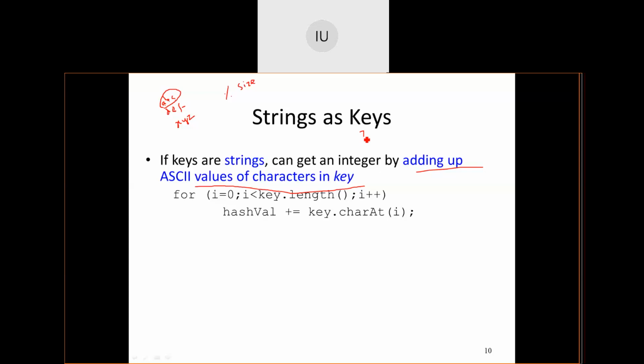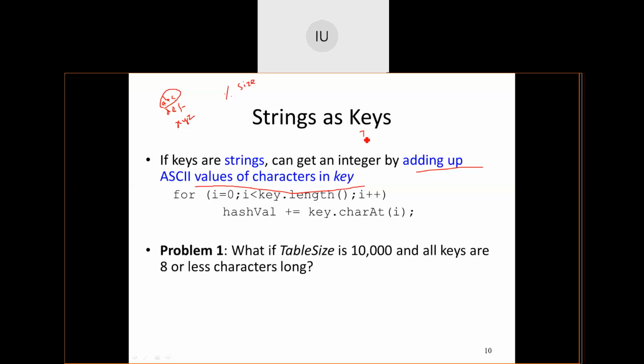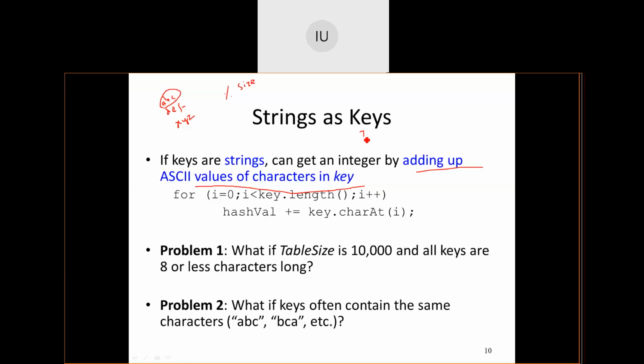Again, string mapping has a lot of problems. What are those problems? Let me take this up. What if the table size is 10,000 and all keys are 8 or fewer characters long? This will lead to a problem. What if the keys often contain the same characters? This is a strange problem.